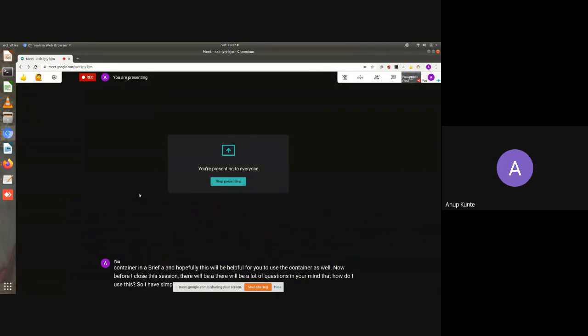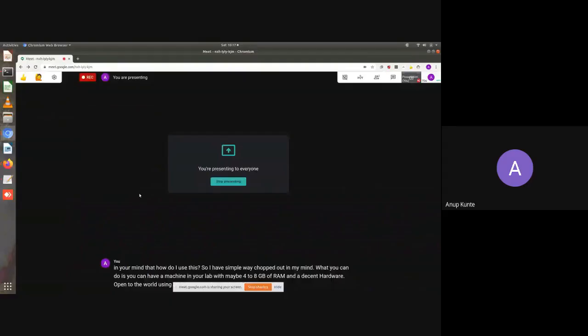What you can do is have a machine in your lab with maybe 4 to 8 GB of RAM and decent hardware, open to the world using SSH access. Make it accessible from outside your institute's firewall. Any of your admins could give you that kind of access.